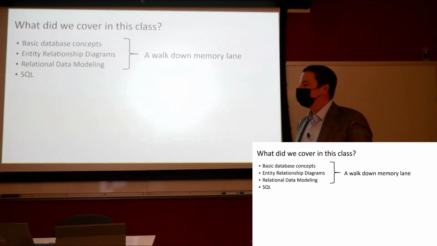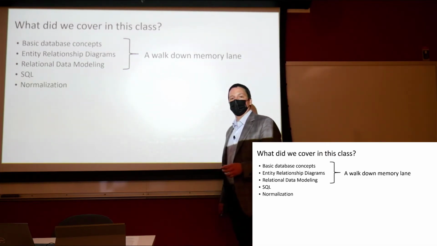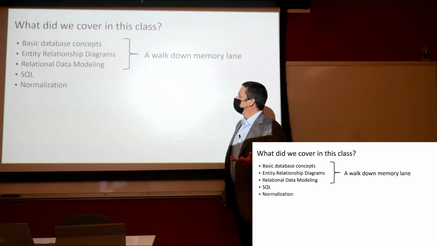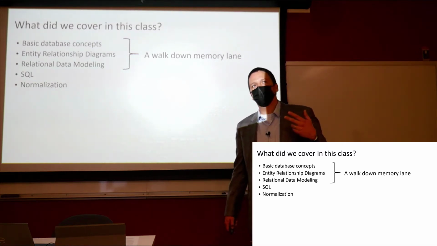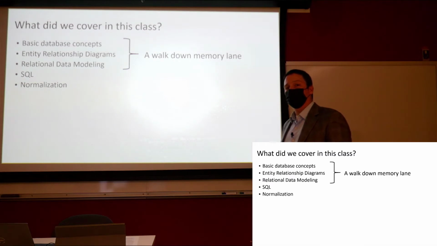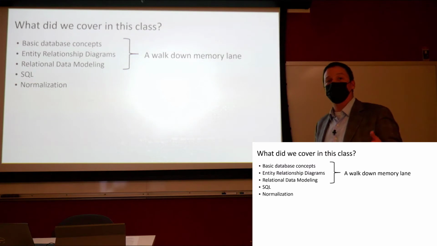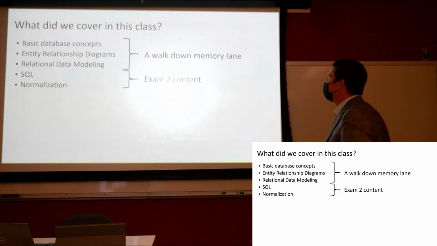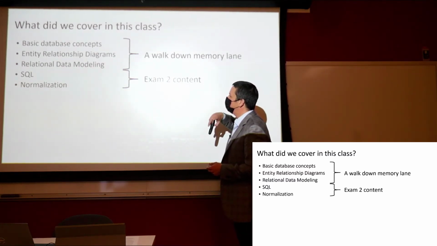And then the other big topic in the second half of this semester has been normalization. So our first, second, third, and Boyce-Codd normal forms, using Armstrong's axioms and our inference rules to be able to identify candidate keys in a relation based on the functional dependencies that are described to us by the business, and also functional dependencies that we might infer from those semantically obvious functional dependencies. So exam 2 is really going to be this deep dive on structured query language and